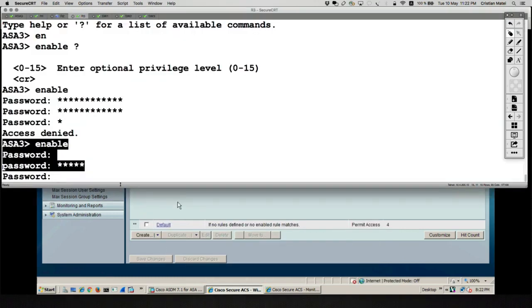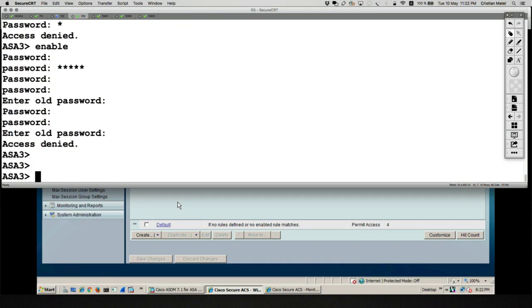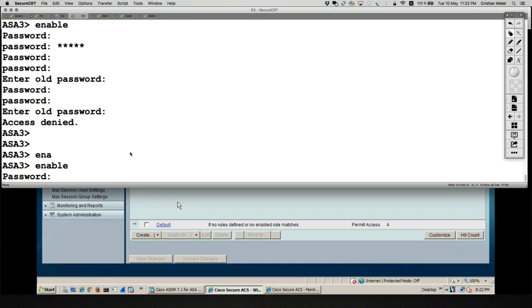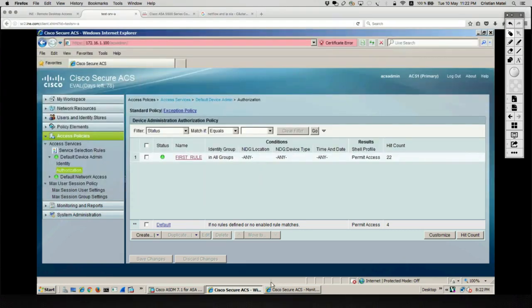So let's say enable again. Enable and say CISCO. And let's look again in the logs,